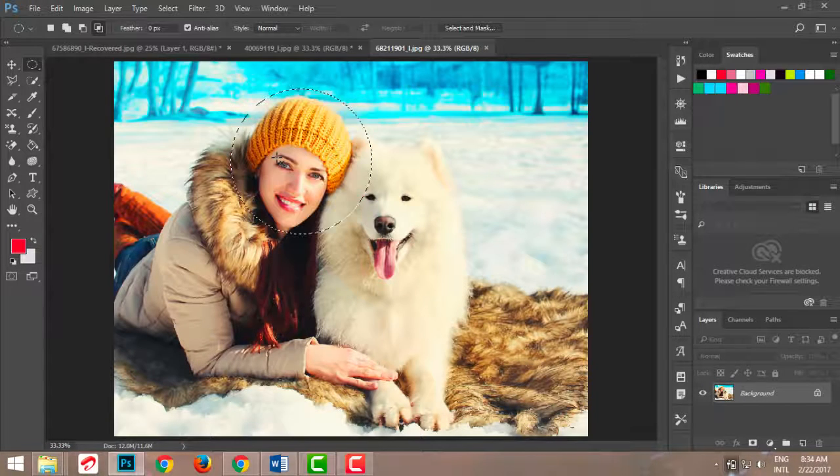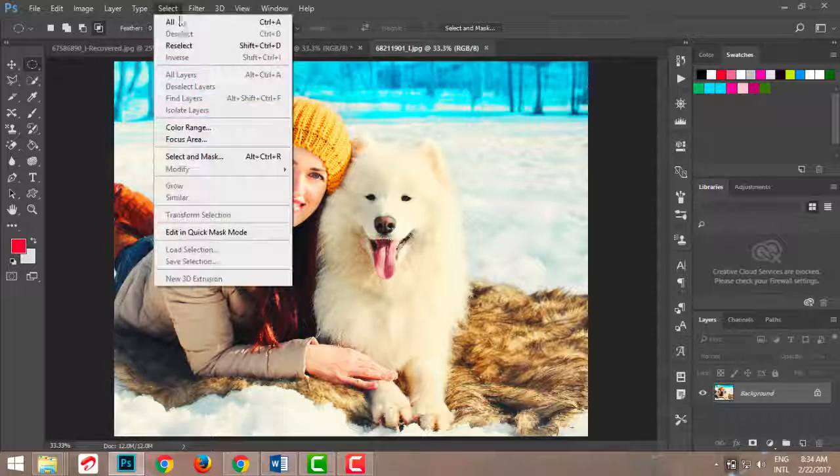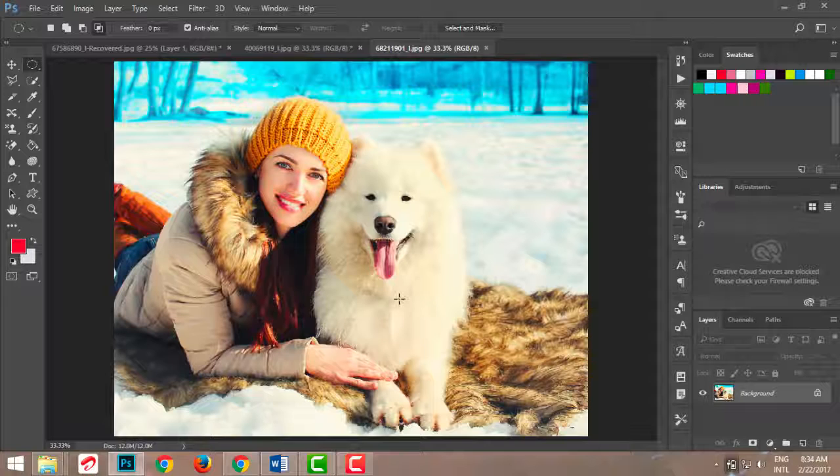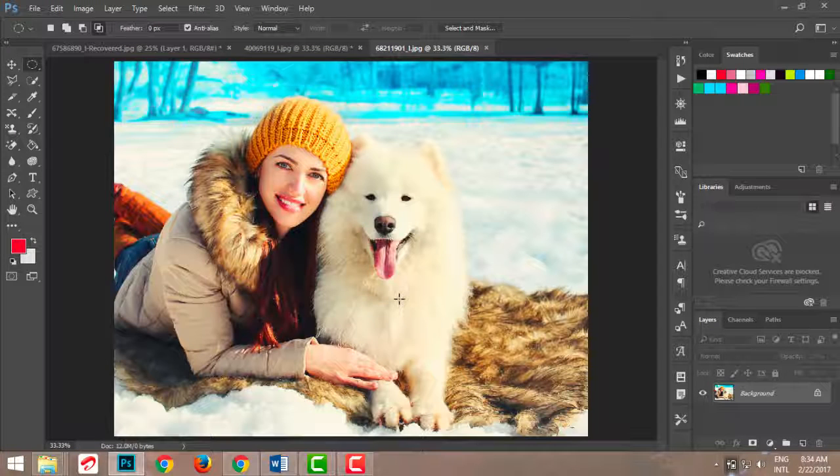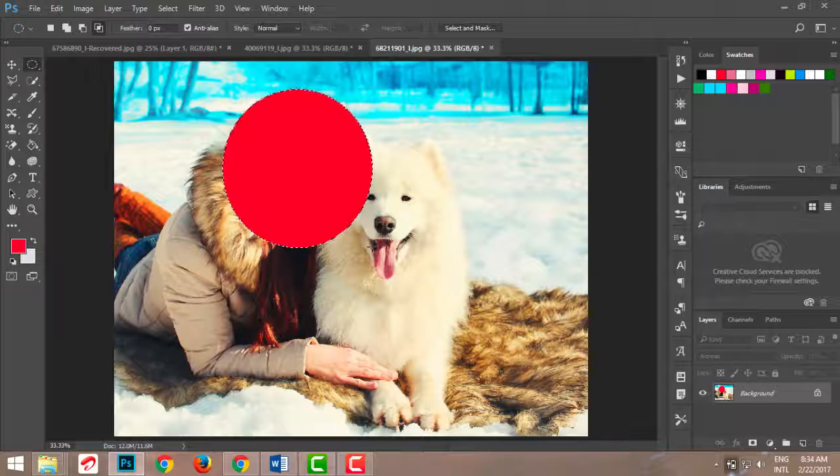Now let me do a Control-Z and a Control-D. Control-D deselects my area, and now I have no selection on the screen. Or you could also go to Select and press Deselect here. Now, in a normal case, if I had pressed Alt-Delete, it would have covered my entire page. But I don't want that. I'm going to do a Control-Z, and when I have my selections on and I do an Alt-Delete, it will only do it